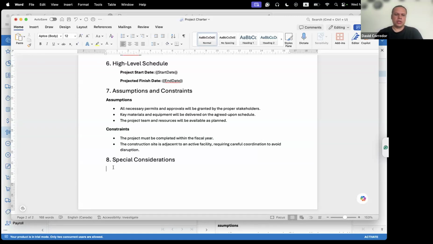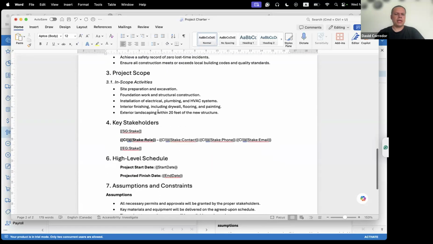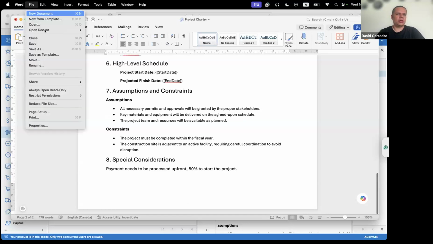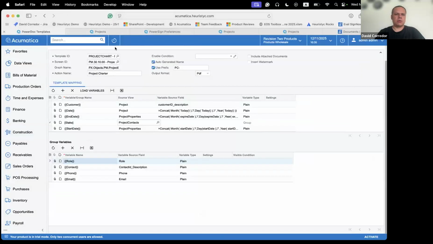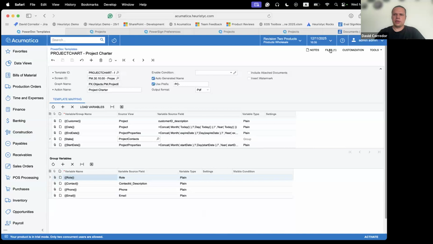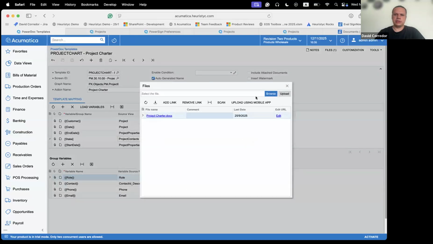So what I wanted to show in here for special considerations, let's say, for example, that payment needs to be processed upfront, 50% to start the project. I just added this clause to my template. I don't really want to map anything else from the screen, but my conditions for the chart need to be updated. So I'm gonna do that. I'm gonna save. Now it's as simple as coming to the PowerDoc templates, uploading that file again,